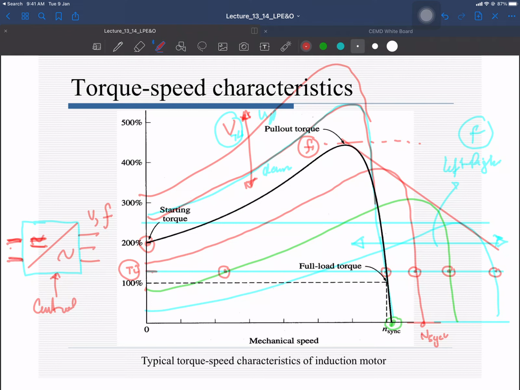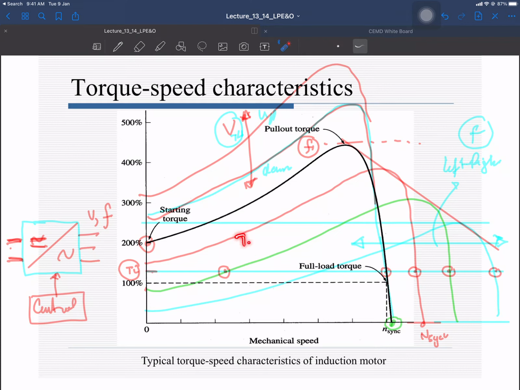This circuit basically consists of IGBTs and MOSFETs, the semiconductor devices which are controlled with the help of the microcontroller and the processor. These generate the gate signals for your MOSFETs and IGBTs, and those are turned on and off such that you get the required voltage and frequency at the machine terminal,